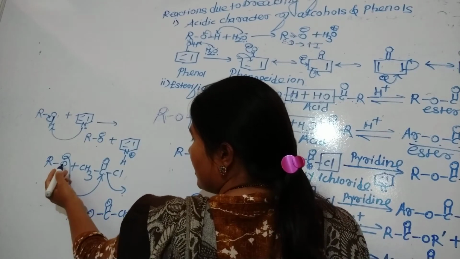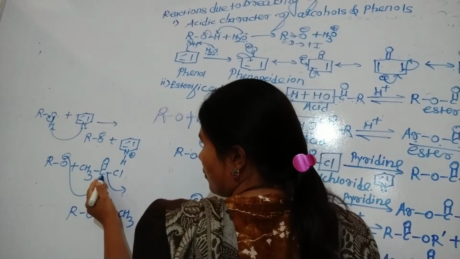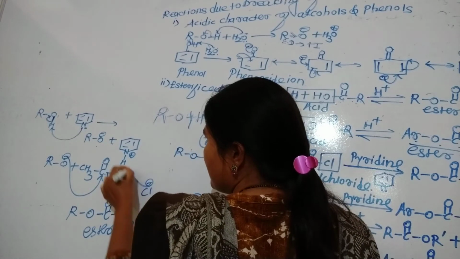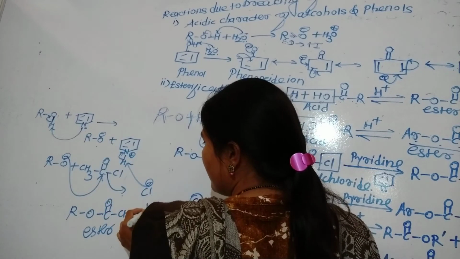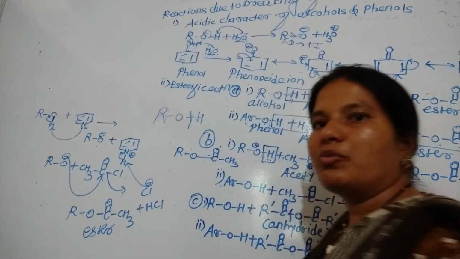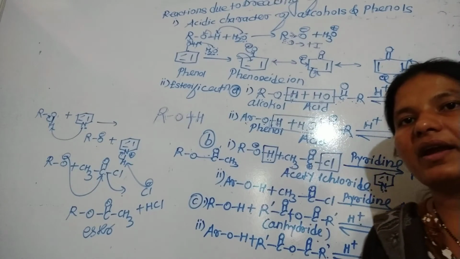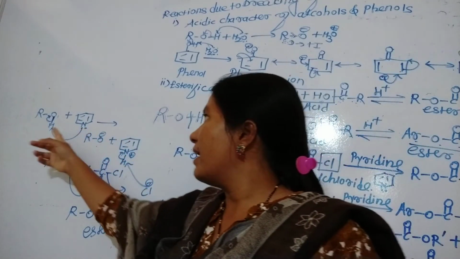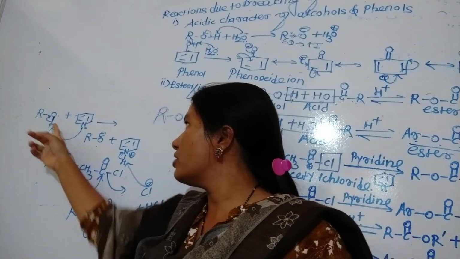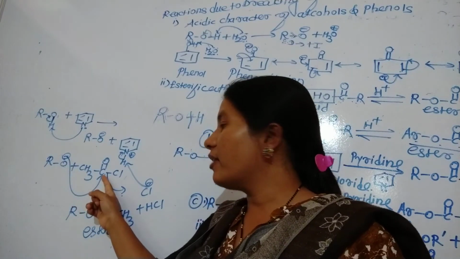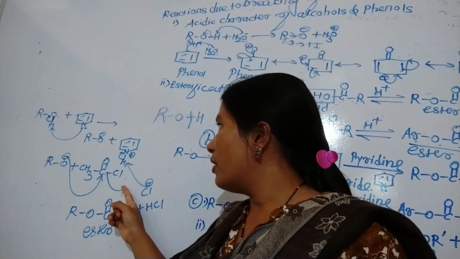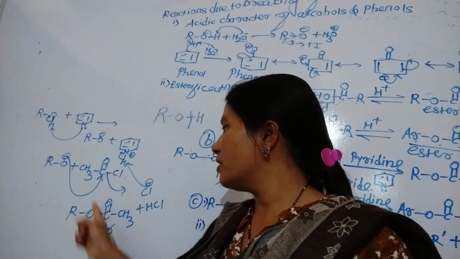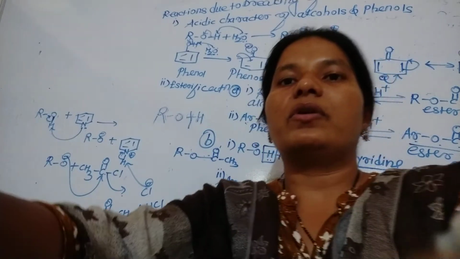What happened in this case? The bond formation takes place between this oxygen and carbonyl. That means here ester formation. Cl minus again takes this hydrogen from the base, and the byproduct is HCl. You must remember what kind of mechanism takes place there. The base takes hydrogen, then this bond shifts onto oxygen, then O minus attacks this electron deficient center, and Cl goes outside. Here a bond forms between oxygen and carbonyl, RO C double bond O CH3. That means ester, and your byproduct is HCl.